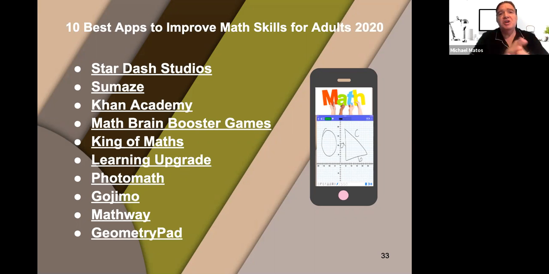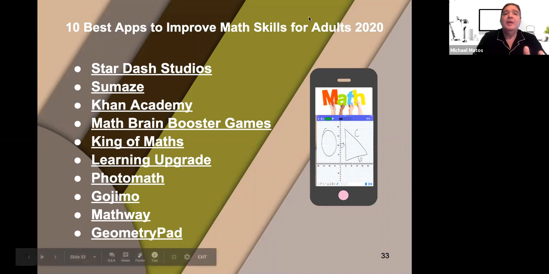So I've also suggested some apps that obviously are made for mobile devices. And these are all linked to these different organizations, these different platforms. Obviously, Khan Academy, many of us are familiar with Khan Academy. King of Maths is a Google Classroom, Android-based